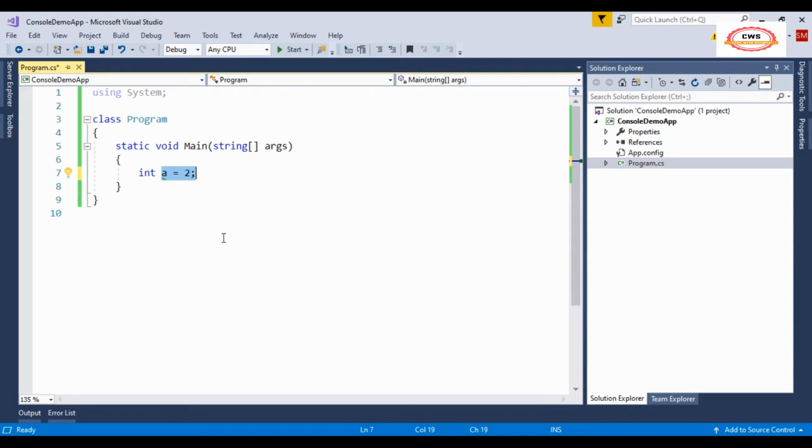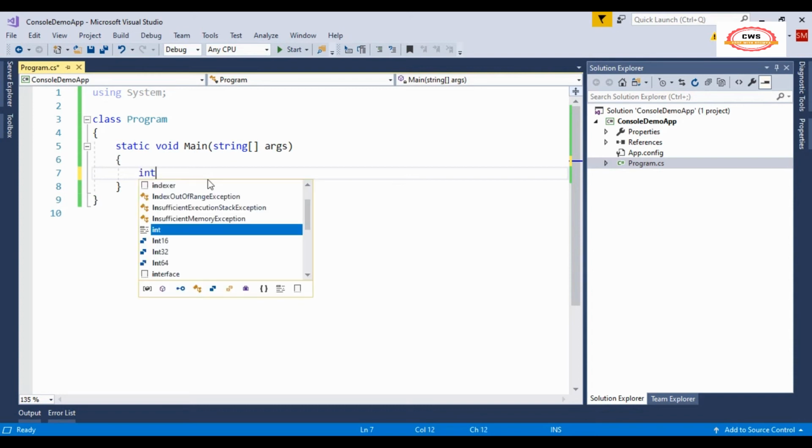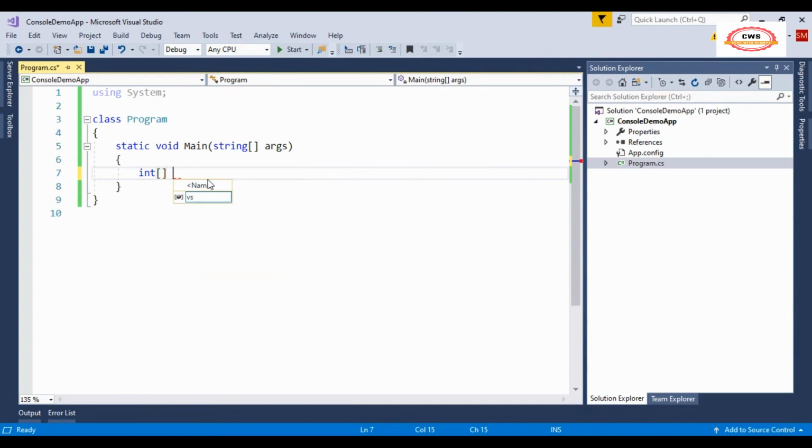Okay, so now I will show you an interesting thing regarding the reference type. After seeing this example, it will be clearer how, in a reference type, the variable holds the memory address. Suppose here I am taking an integer array a, and I am taking one value, suppose it holds the value 1.